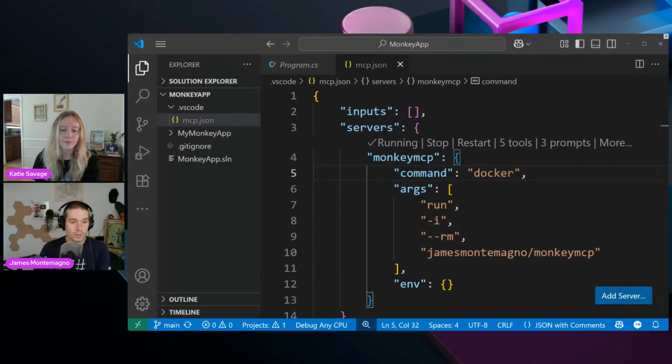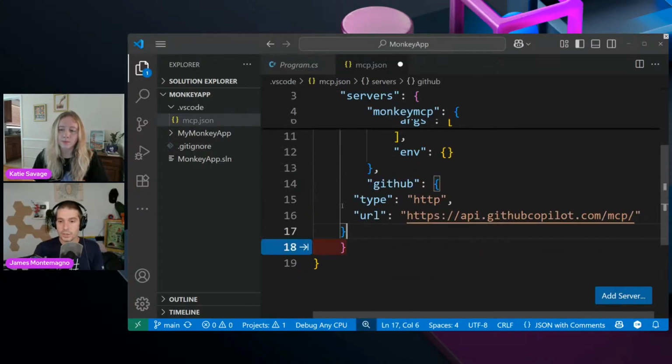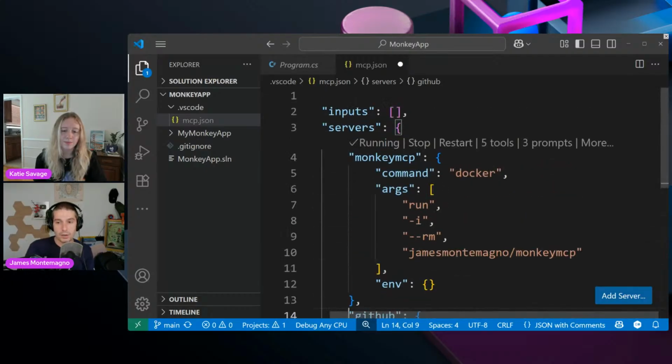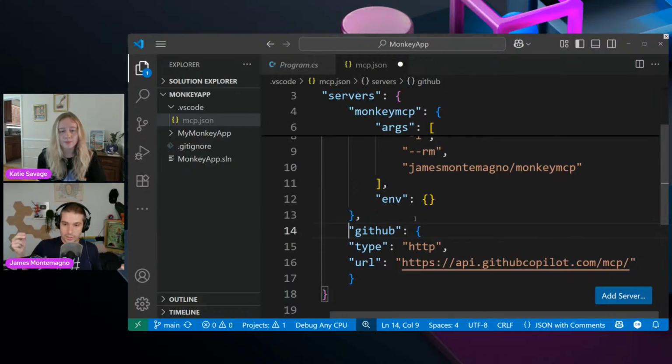Now, the other thing I want to do is add the GitHub MCP server. This is actually a remote MCP server. This is in the README, but I'm just going to go down here and add another entry. This is just a JSON list. And this one is very small as far as configuration, because it doesn't have to run any commands. Here, this is running a Docker command and communicating over standard IO, the protocol MCP servers use to communicate with clients. But in this case, this is going to use streamable HTTP to communicate with the GitHub MCP server.